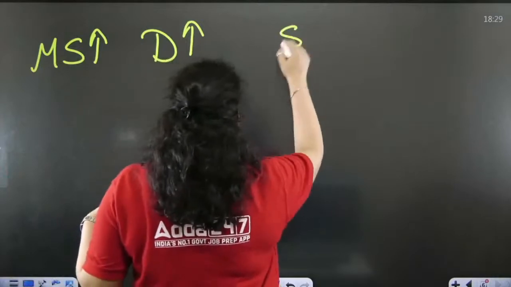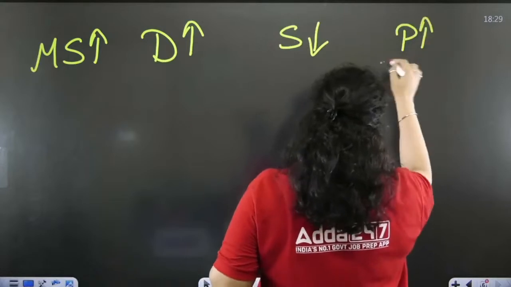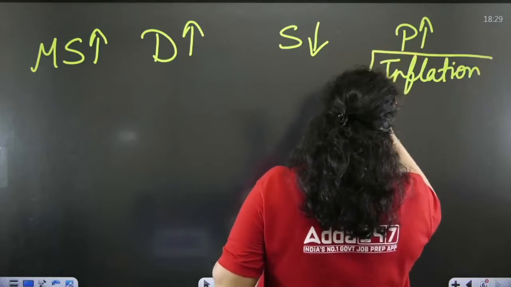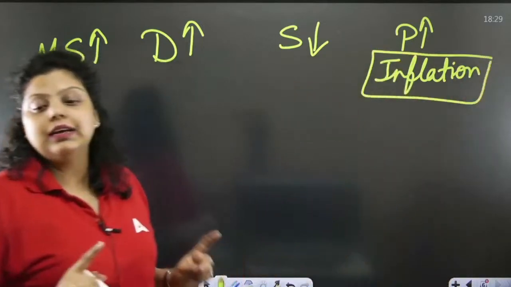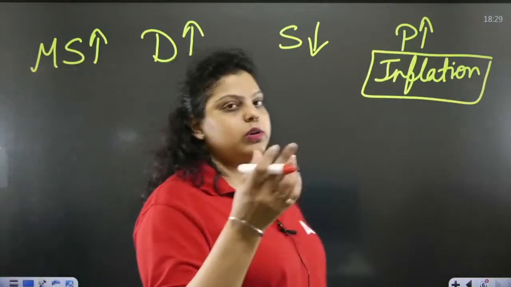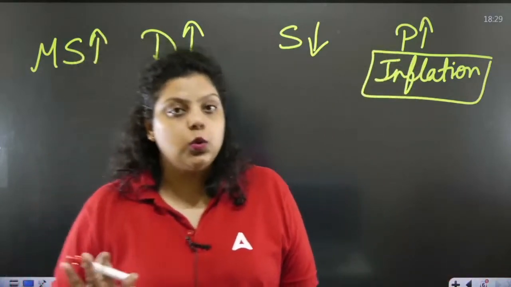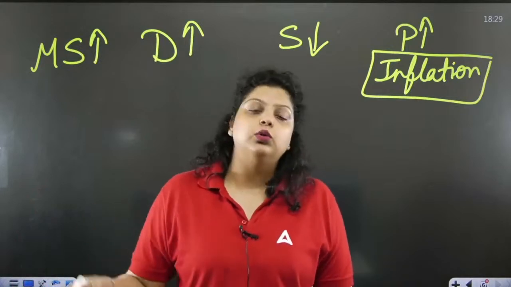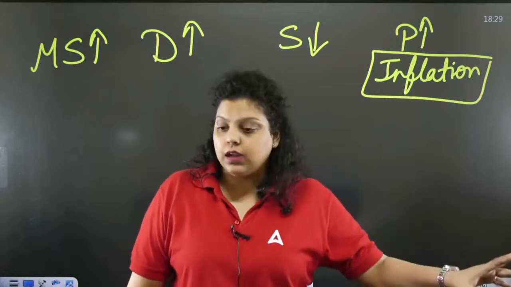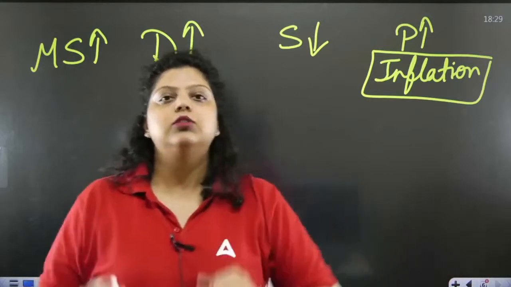And as we know, demand and supply have an inverse relation. So demand is more, supply is less, so prices will start rising, and that will create inflation in the country. And inflation is only good for the country until it crosses the limit of trotting inflation. Now, what is the limit of trotting inflation? 3 to 10% inflation. That is justifiable. It means it can be easily controlled by the RBI or the government, and it will give growth to the country. So trotting inflation is the last positive inflation rate, or we can say the stage of inflation. So inflation will be okay until it crosses the trotting inflation.